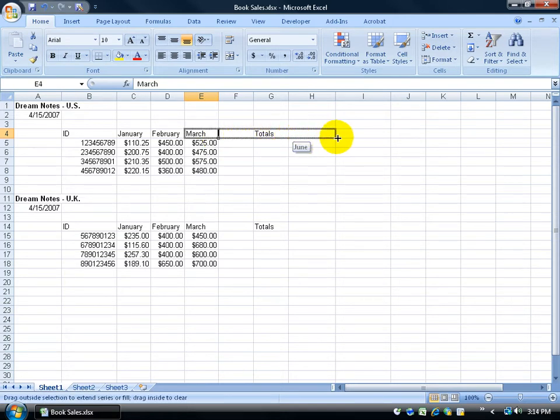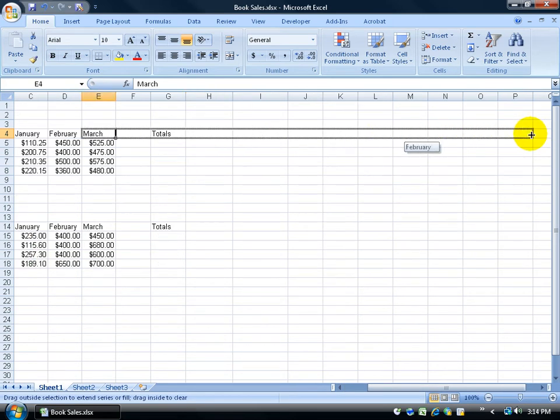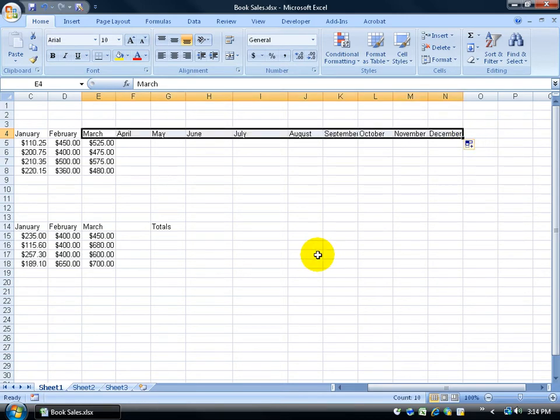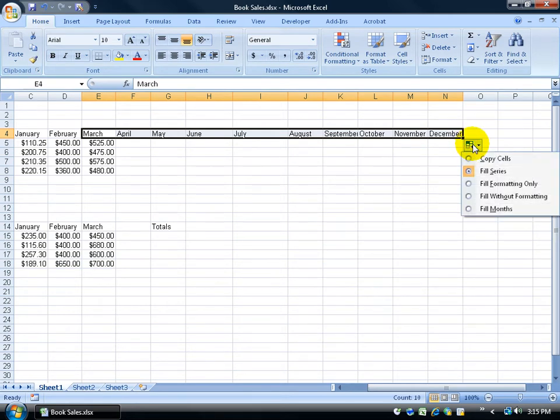It's continuing filling in that series beginning with March. If I go over far enough, too far, I mean it starts over again with January and February, but I'll pull back to December, let go of the mouse, it automatically fills in the rest of the series here. Pretty cool. Okay, so I can click on the little tag at the end and find some options like, hey,